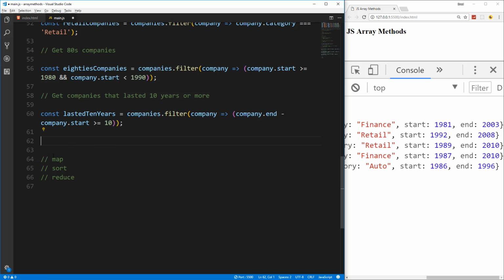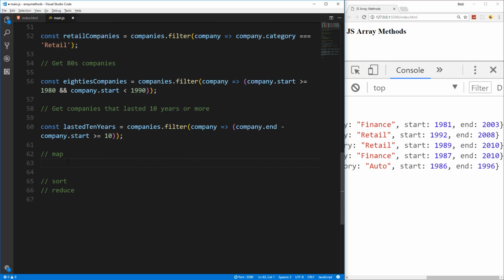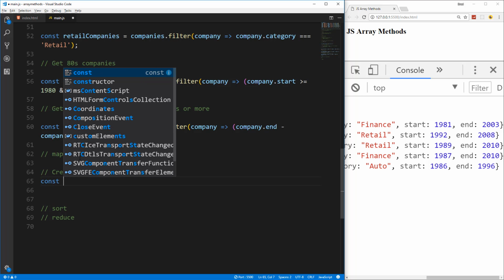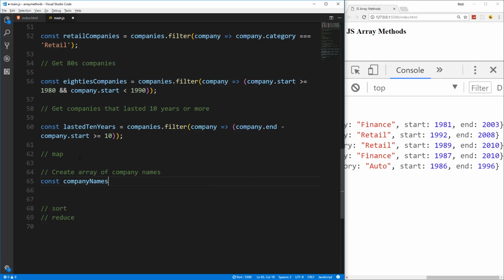But let's move on to map. All right, so map works a little bit differently. Instead of just filtering things out, we can create new arrays of anything really from a current array. So let's just grab all of the company names and put them into their own array. Okay, so we'll say create array of company names. All right, so we'll create a variable called companyNames. We'll set it to